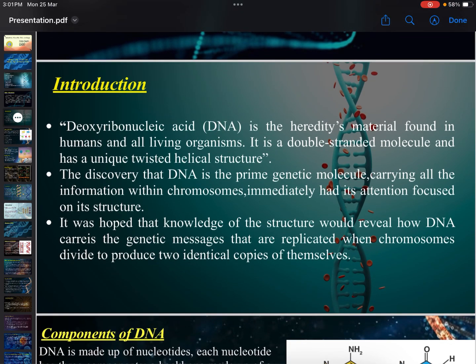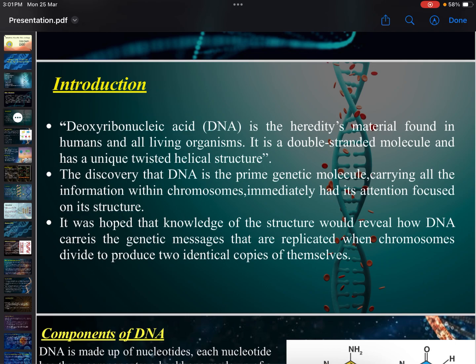Deoxyribonucleic acid is the hereditary material found in humans and all living organisms. Of course, it is found in humans and all living organisms. But in viruses, there is either DNA or RNA, but not both. Okay? Because the first genetic material which was found was ribonucleic acid, that was RNA. The discovery of RNA as the prime genetic molecule carrying all the information within chromosomes immediately had its attention focused